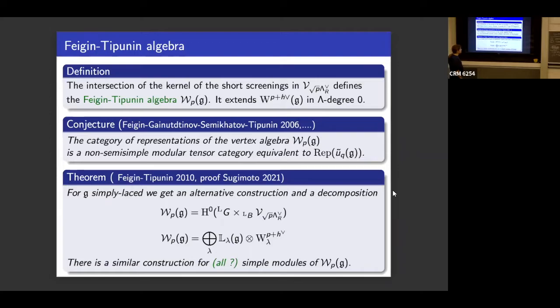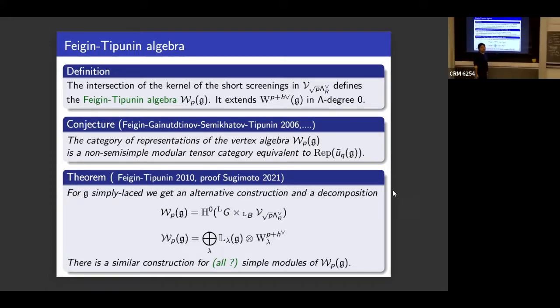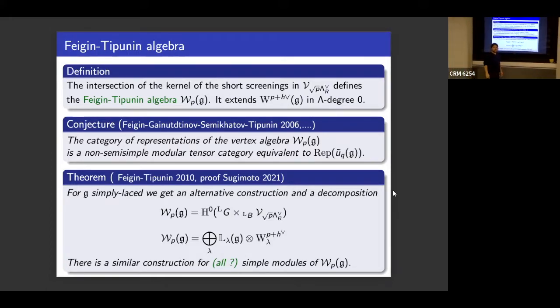And the big conjecture that we're all talking about in this field is that the category of representations of this vertex algebra, which is supposed to be a modular tensor category, but we have to prove this first, is a non-semisimple modular tensor category and should be equivalent to representations of UQG, where here I always mean with the associator. So in the way that we've constructed, remember we started off with vector AQ, and depending on A and Q, there's an associator.